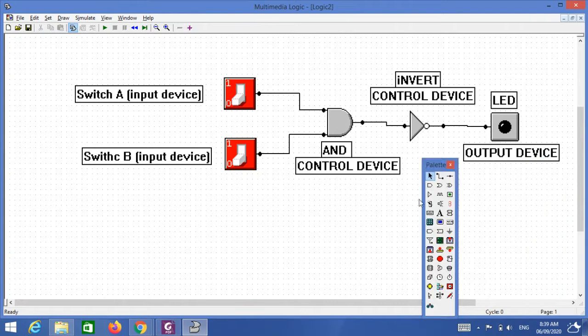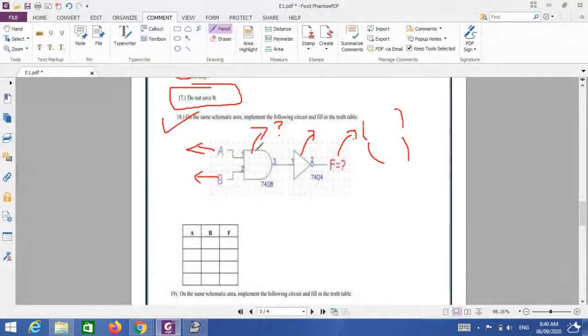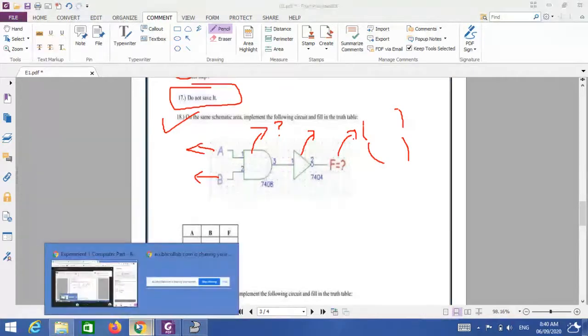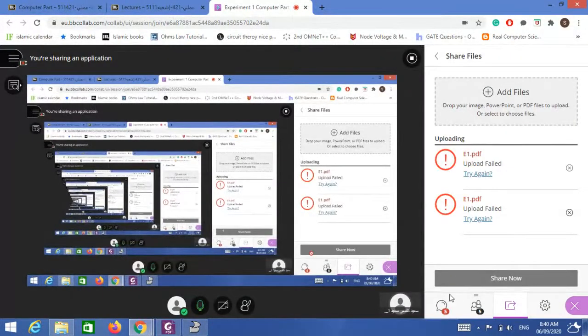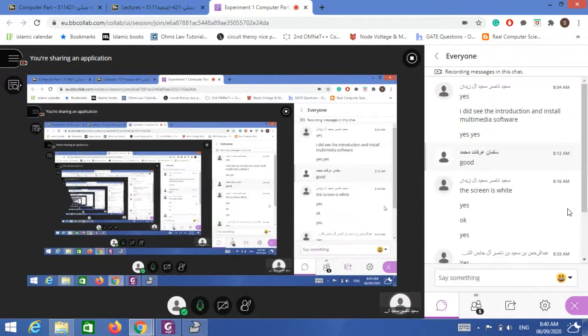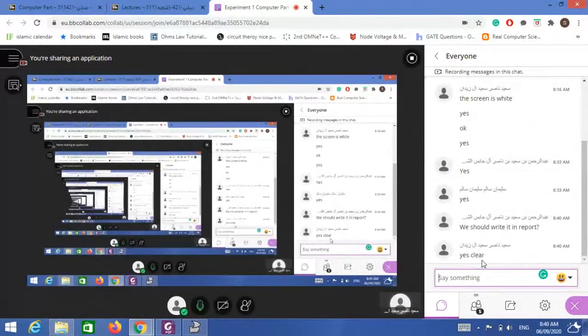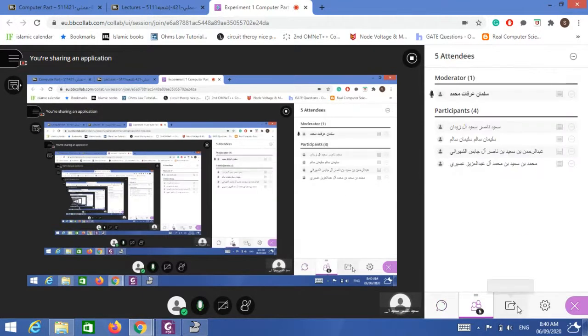Now I think you might have seen this. So in simulation you need not write this. I am showing you how you should write in your lab manual. You can just give the names A and B while doing simulation, which I will show you from next. But in the lab manual, for every diagram, you have to write its type, input or output. You should write it in the report.